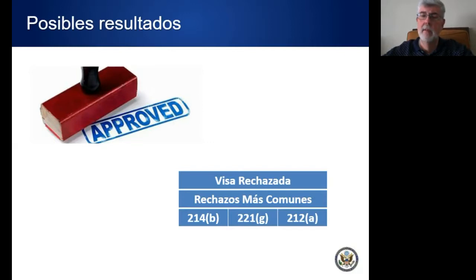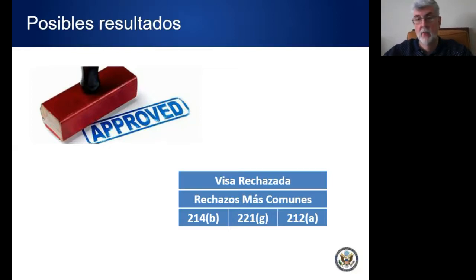221G, that's the one that a student would most commonly see, and that means we need some additional documentation. So for instance, if you got to your interview and we found that your SEVIS fee had not been paid or had not been processed, we would have to deny the application under 221G until you paid the SEVIS fee and brought us evidence that it had been paid. If there was a problem with your I-20, for instance, if you forgot it, we would have to refuse you 221G and ask you to come back another day